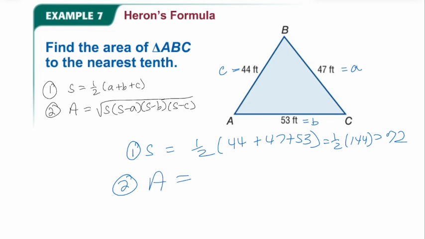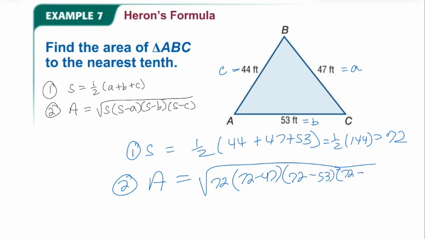It says to round our answer to the nearest tenth. So it's going to be the square root of 72 times 72 minus 47 times 72 minus 53 times 72 minus 44. So you're just doing 72 and then multiplying that by each quantity of 72 minus all three sides. Okay, so the area is